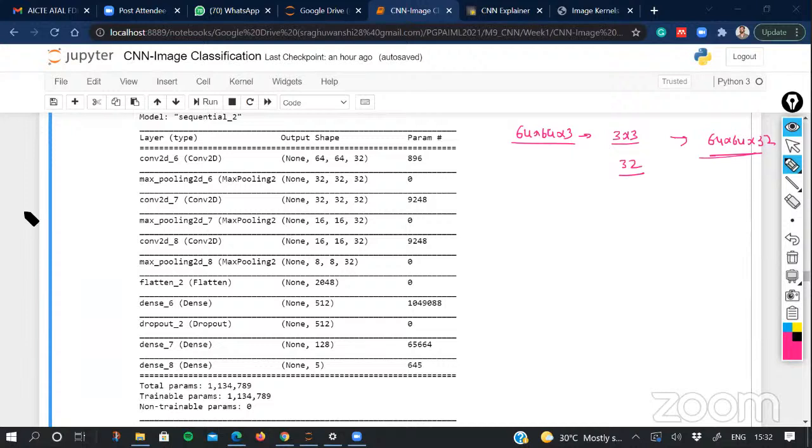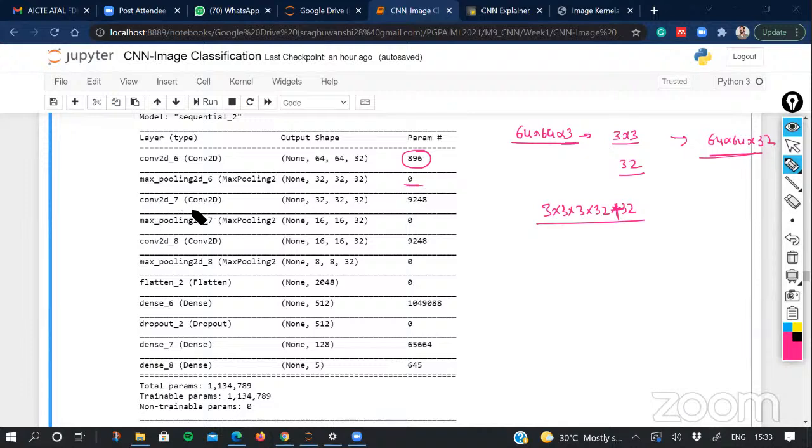Okay, I'm sorry. So here we can compute the number of parameters that need to be trained, and you can easily compute them because it is a 3 channel input. With respect to these 32, it is going to be 3 cross 3 cross 3 cross 32, and then you add 32, because you have a total of 32 channels here. This is the number that you will get when you solve it, and these are the number of parameters between the input layer and the first convolution layer. In the max pooling, there are no parameters, so we'll have 0 here.